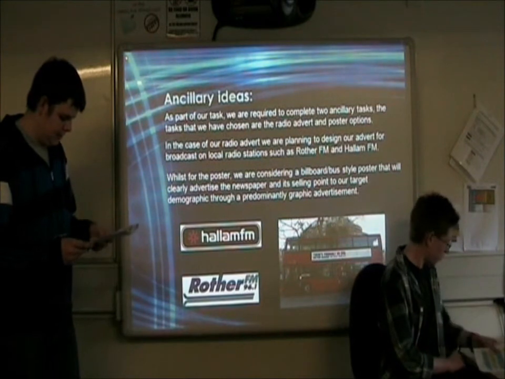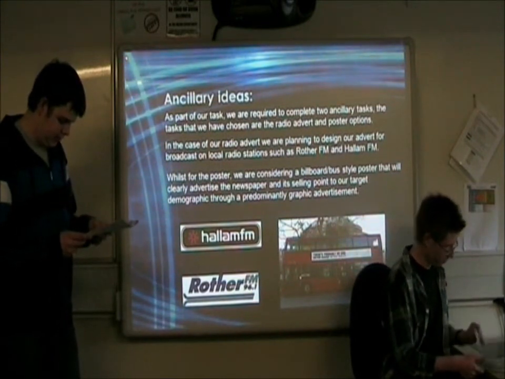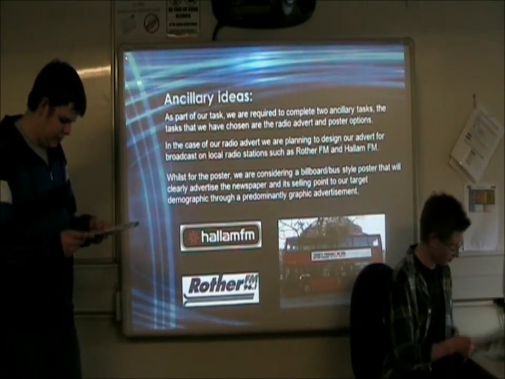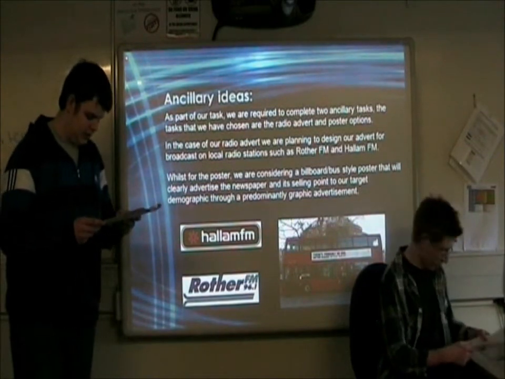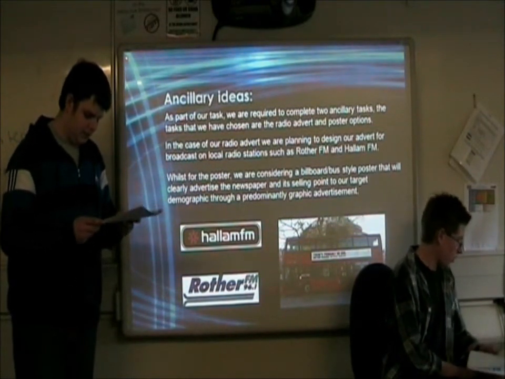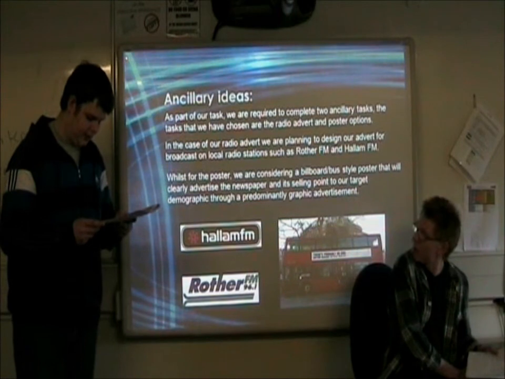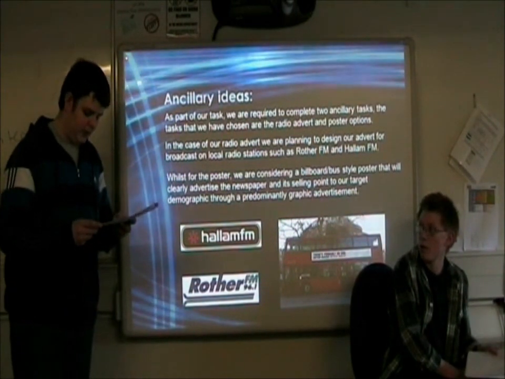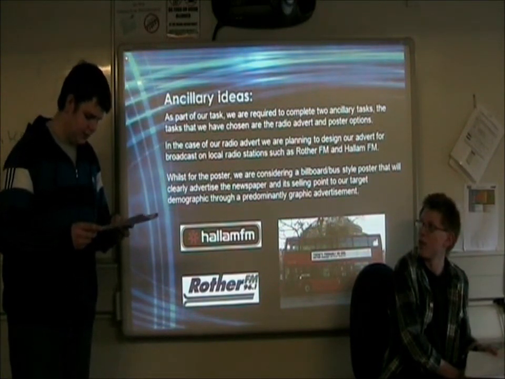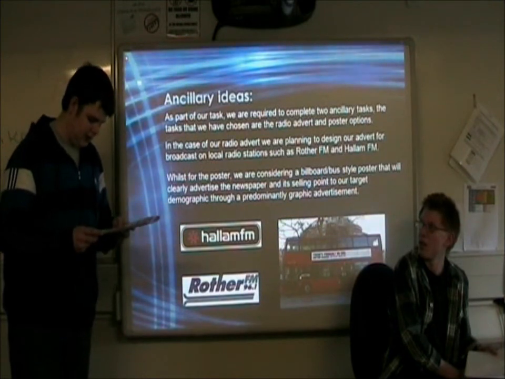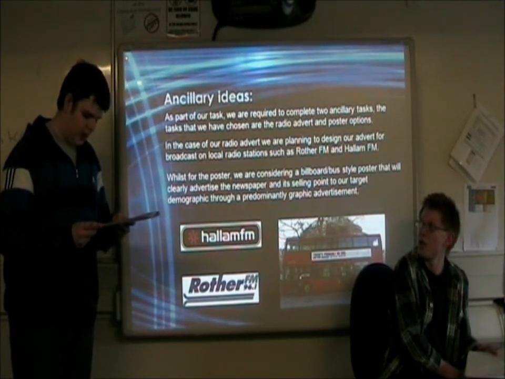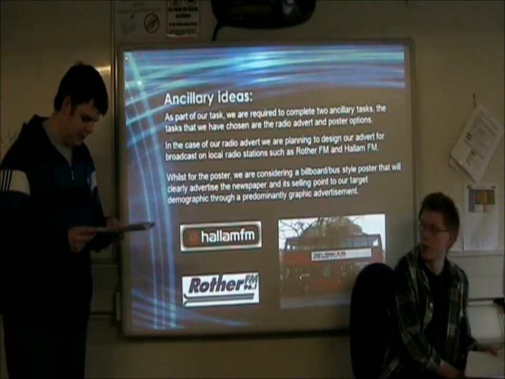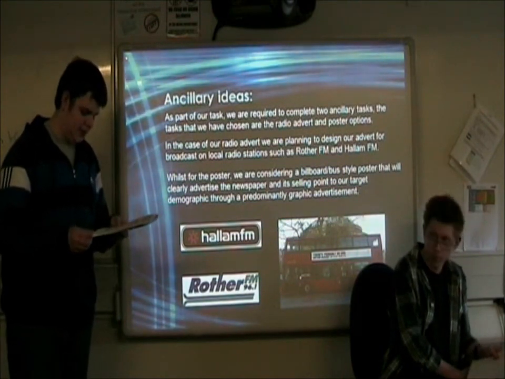By creating these two ancillary products, our product will have employed synergy in order to achieve maximum selling efficiency, as by employing both digital and print-based advertisement options for our newspaper, we are ensuring the majority of our target demographic are informed about the newspaper and its selling point, as we can safely infer from our ancillary plans that in some way, despite contextual circumstances such as not owning a radio, our demographic is going to access one of these advertisement methods at some time during their everyday lives.